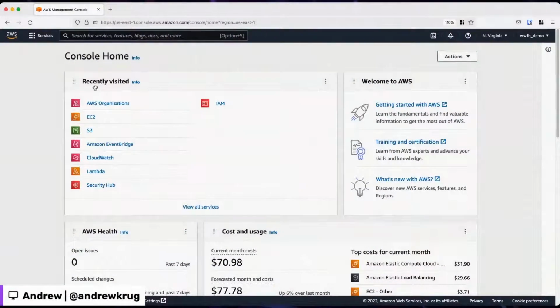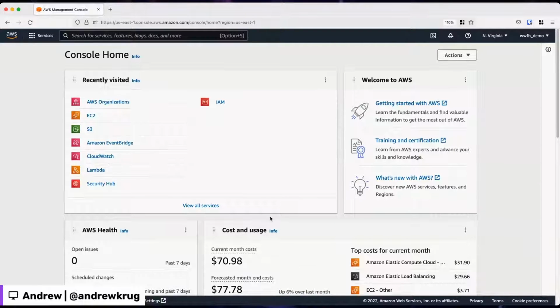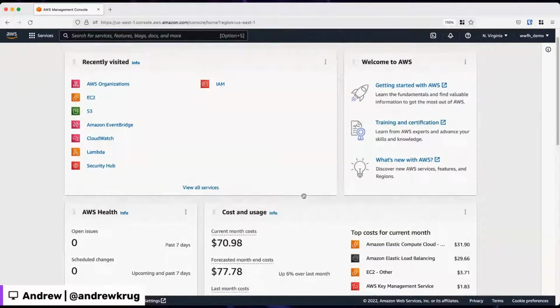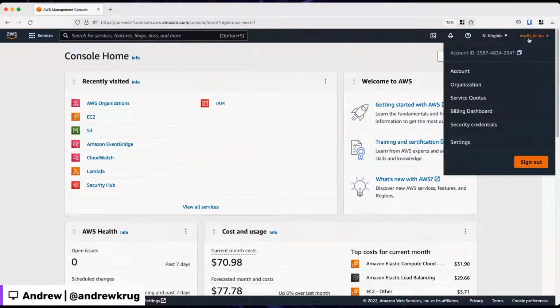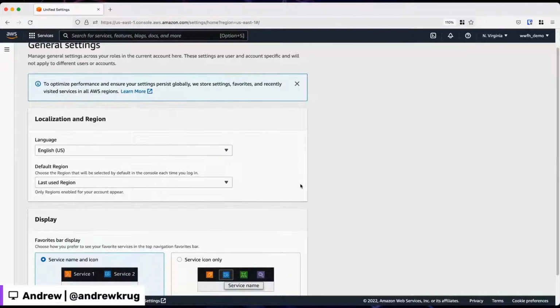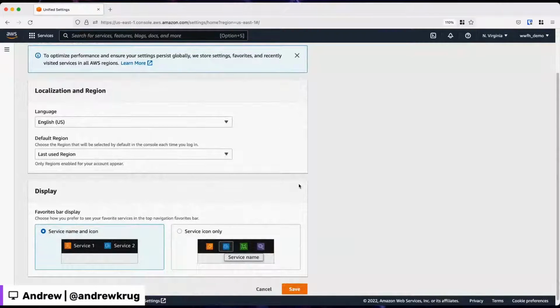So if we come in here to the AWS console, this is just like a basic account that I use to teach the Antisyphon Cloud Security class. One of the first things that we have people do is just come into the account settings and turn on some good security defaults. And again, this stuff is generally made in a way that makes it really, really easy for you to use, because that is how cloud providers make money.